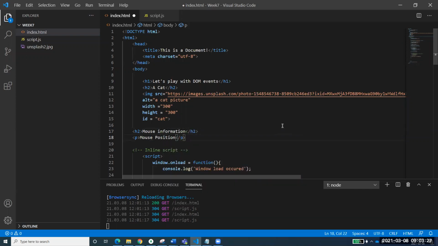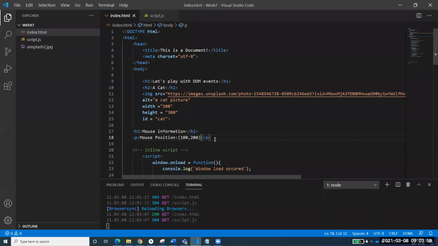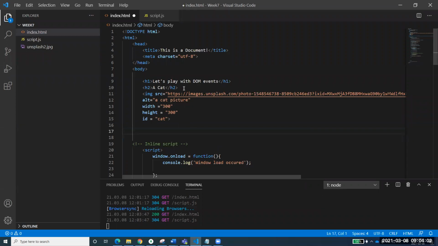So I want to add this mouse position over here, colon. And now I'm giving, for example, 100, 200. I'm just trying to make you understand first of all, and then I will let you know what is going on. So I just type 100 and 200, which is, of course, a static value, but we'll be changing that value. If you run it here, it's coming after the cat. Maybe that's not a problem, but I want to take it above the cat.